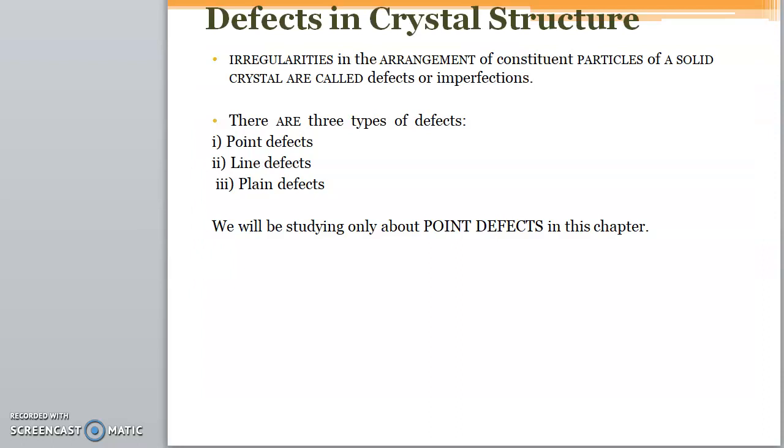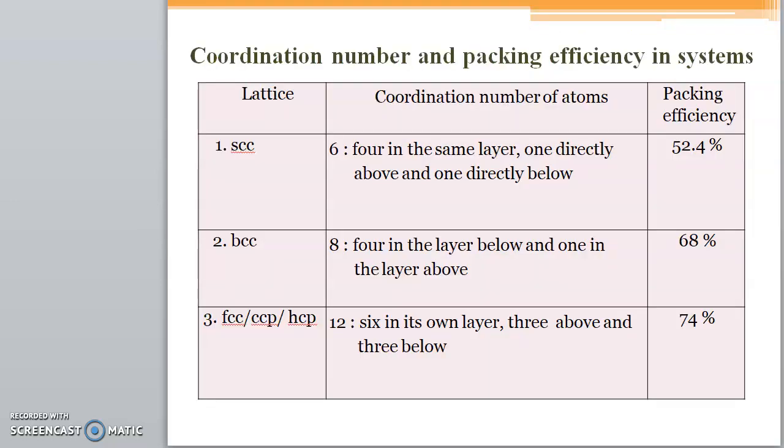Now, having said that, all those things are part and parcel of the formation of a unit cell. Remember, atoms are always spherical in shape. I can't change the shape of it just for my convenience so that there is no void at all. Voids will be formed. That's why their efficiency is fixed. For SCC, it can never become 70%. If it has to be 52.4%, it will remain 52.4%. Same thing with BCC 68% and FCC 74%.